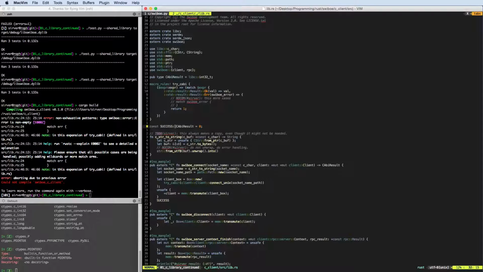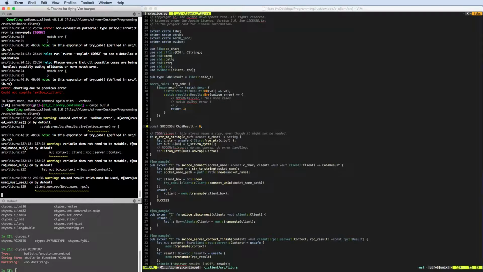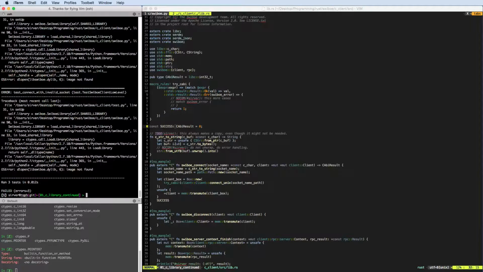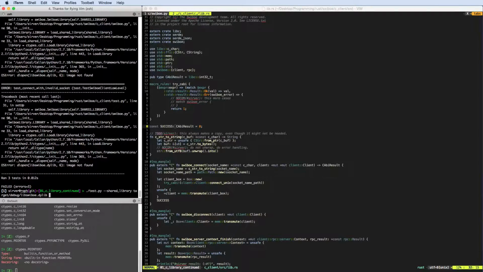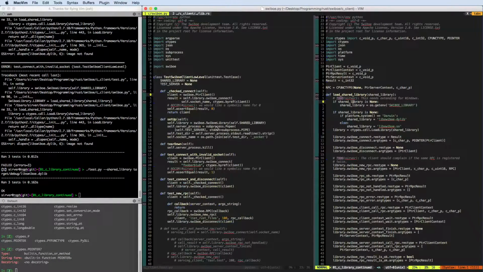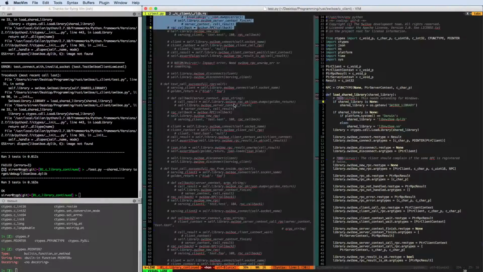And we already have that. So if we build that now, it should work. Okay, run the test. Oops. Of course, I have to tell the shared library, and that works. And now we bring back all the old tests, and for that to work, of course, we have to change all the calls to our client,